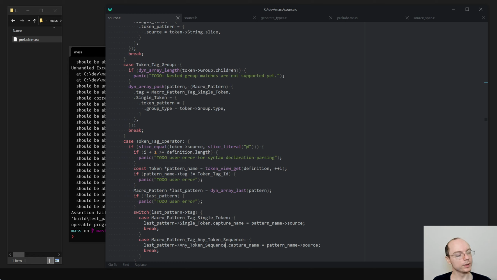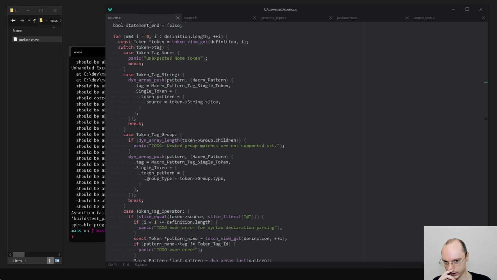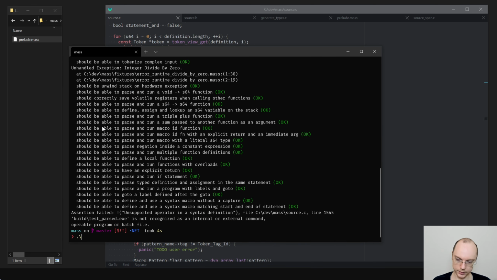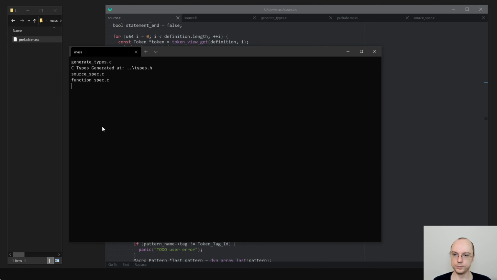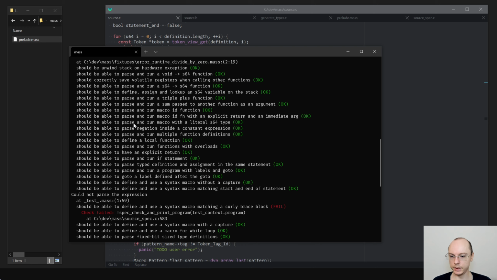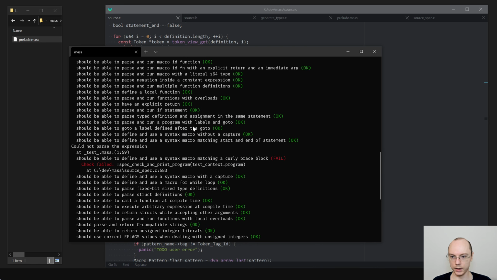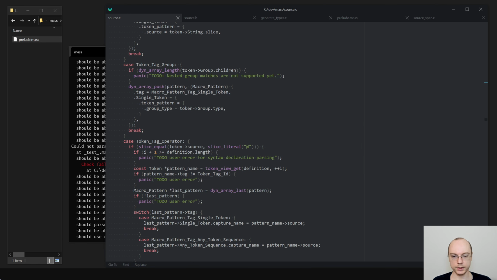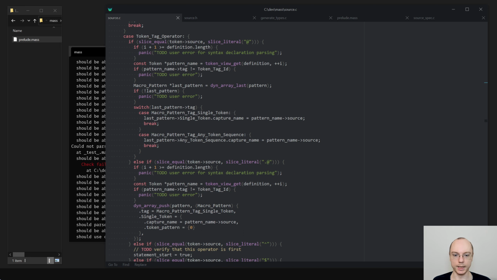Will it work? That is an interesting question. I think it actually might. Let's see. No, it does not. Could not parse the expression. That is sad.